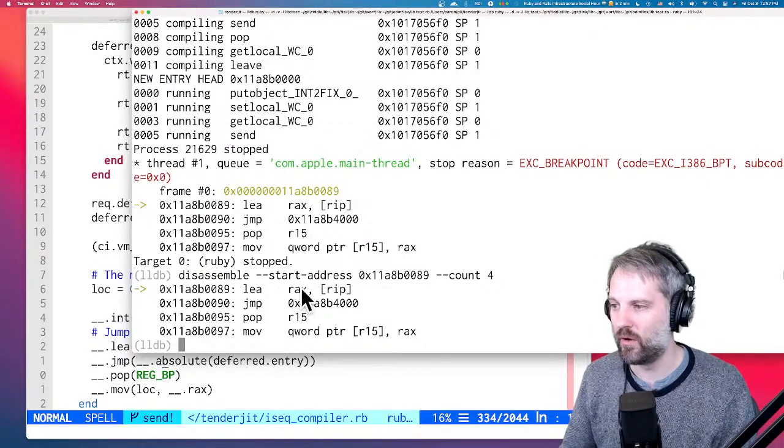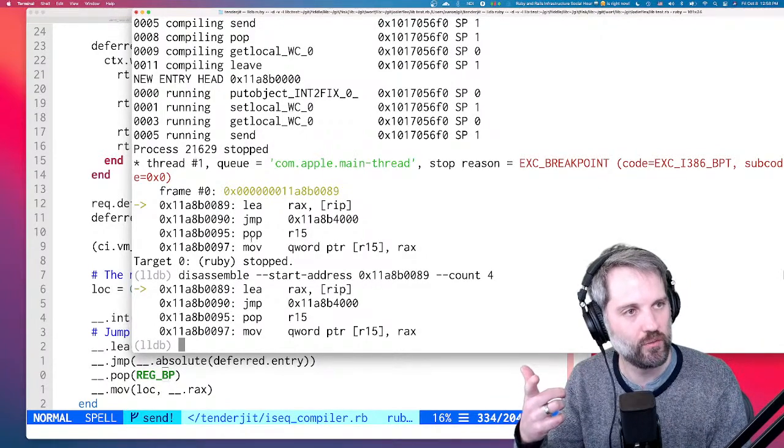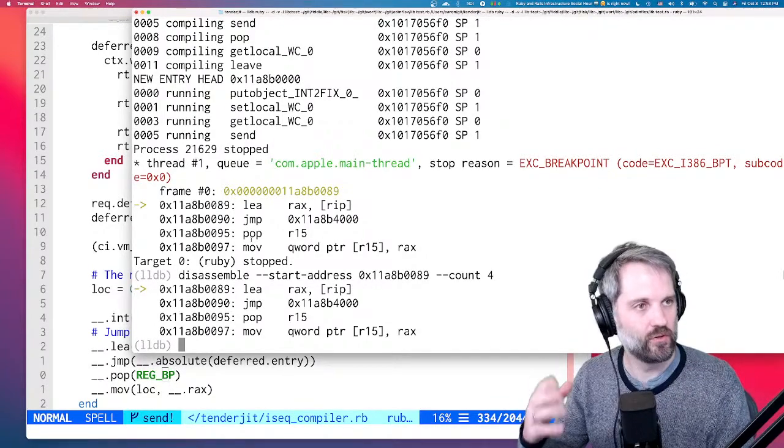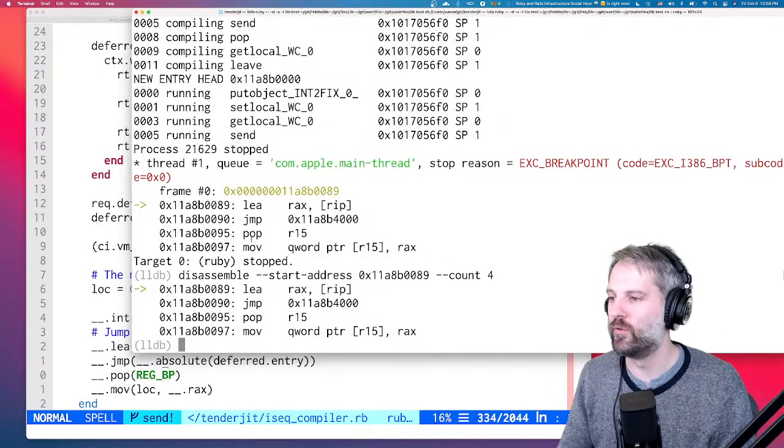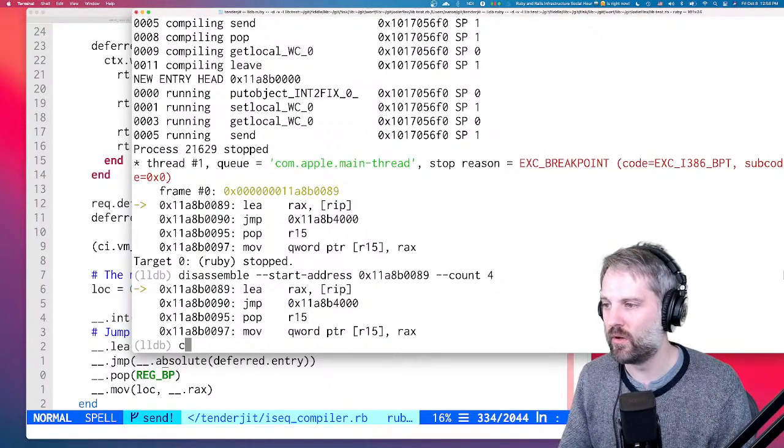You can see here's the LEA, here's our jump, our pop, whatever, right? I'm going to do continue in LLDB, and that'll just continue until we hit the next breakpoint. Take note, I want you to note this address right here, this jump. It's jumping to this address. All right, so if we do continue,